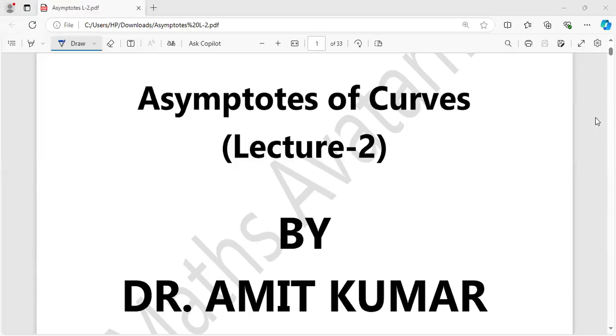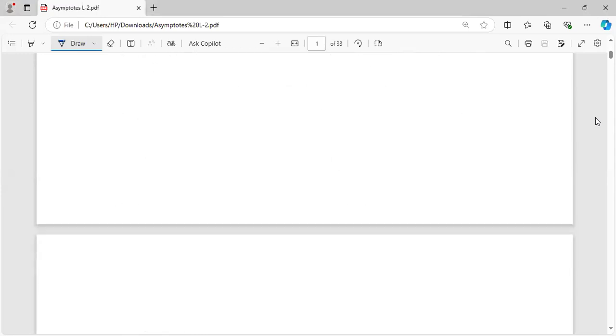Today we are going to see a lecture on asymptotes of a curve. In this lecture, we will study how to find asymptotes of a curve of a particular form. Let's see. So a general form of the curve is given by